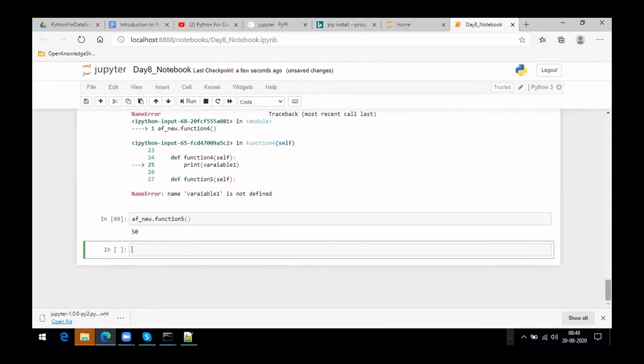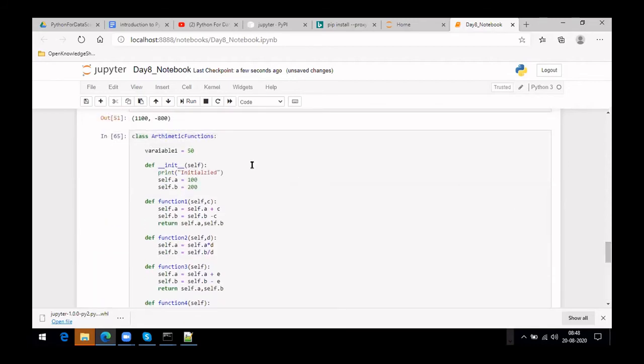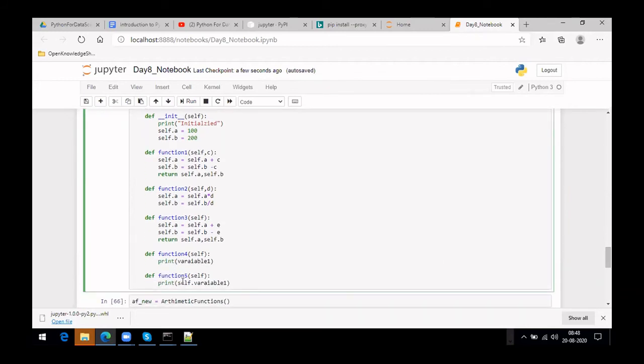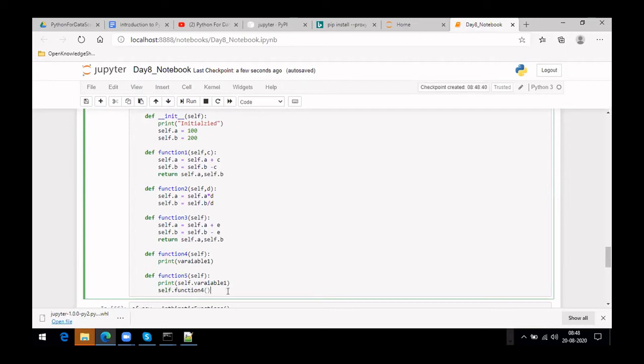Yes, right. Even though you have defined your scope here, at this level you have defined your variable. So if you want to access it within that function, you have to use it by using self. In a similar way, if you want to use a function which is defined at this level in another function, you have to use self dot. Okay, so let me call this. I want to call this function within this function, something like this. So you have to put self before it, and let's see.